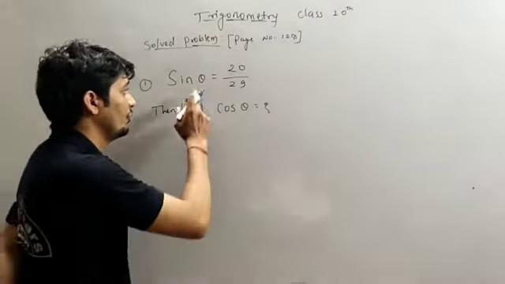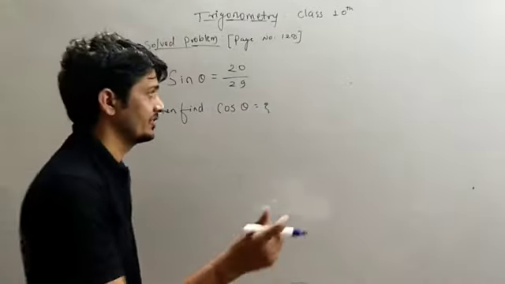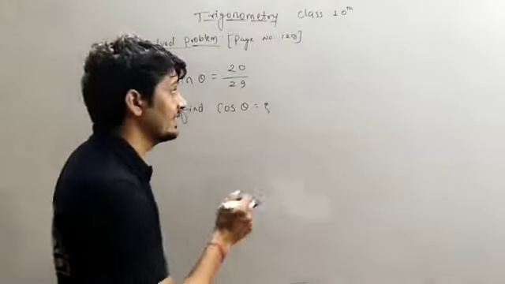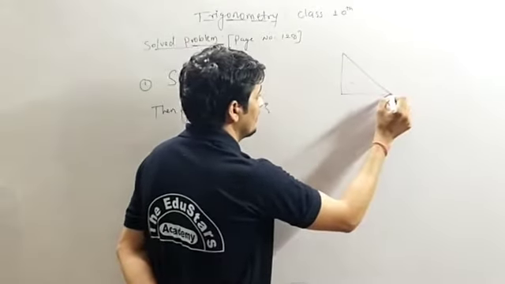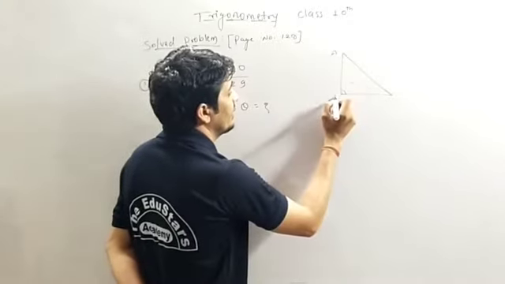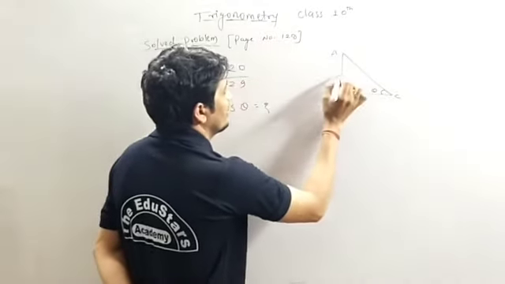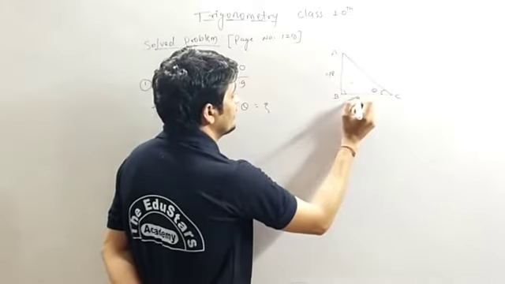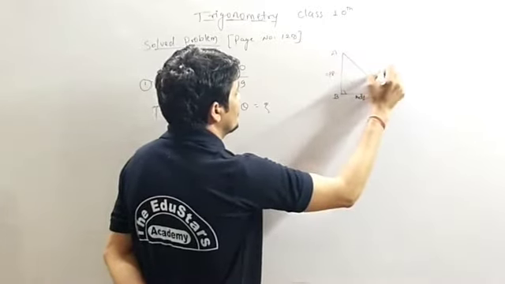So we know sin theta equals opposite side divided by hypotenuse. So opposite side of which triangle? Right angle triangle. So we have to draw the right angle triangle. Here we have 90 degrees. Let it be A, B, and C, and this is the angle theta. For theta, this side will be the opposite side, this is the adjacent side, and this is the hypotenuse.